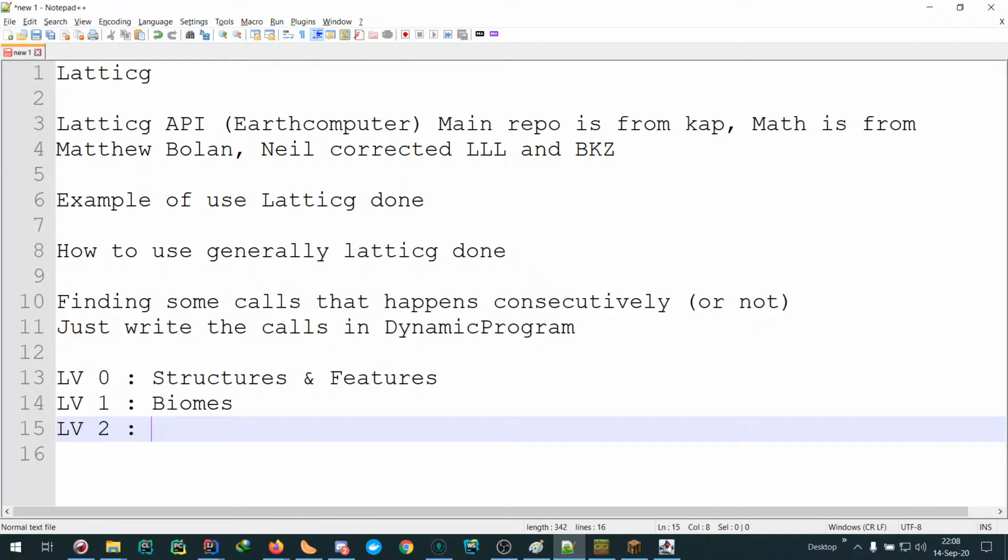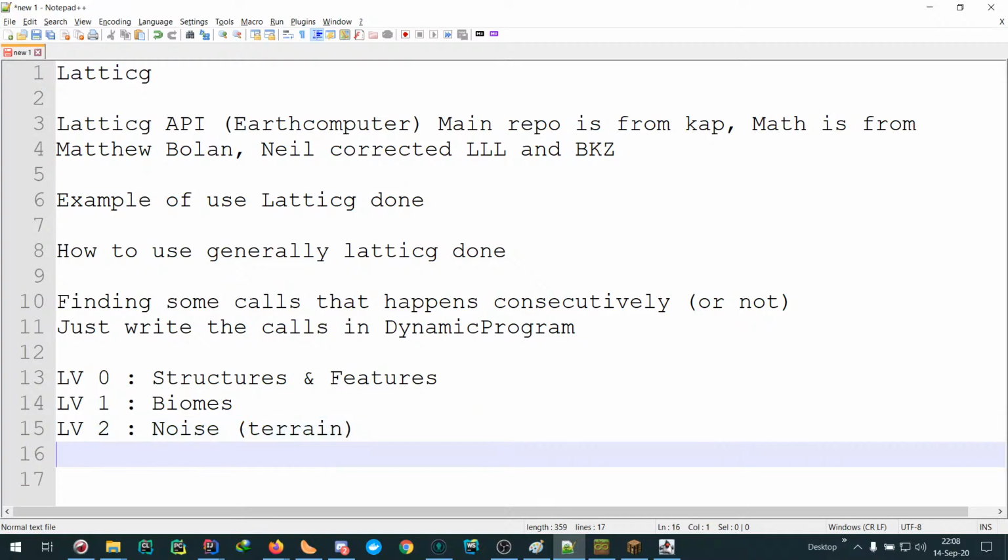In livestream 2... I'm already lost. Livestream 3, my bad, because I indexed them from 0. It was the noise generation, so that's for terrain. Actually it's not relevant to seedfinding because you never use terrain. Livestream 3 was about